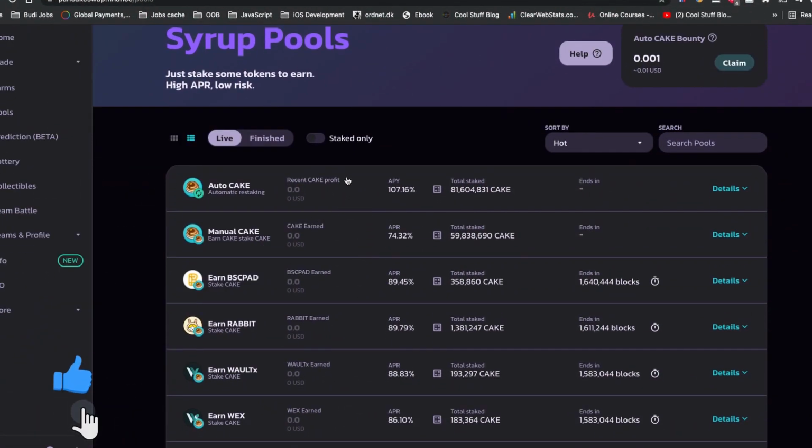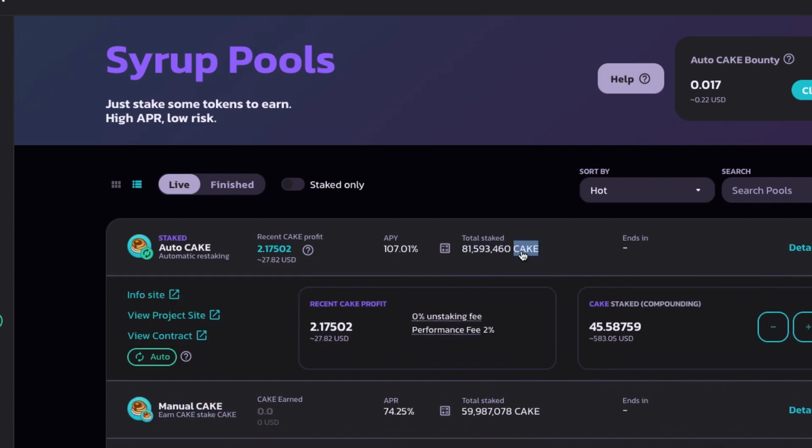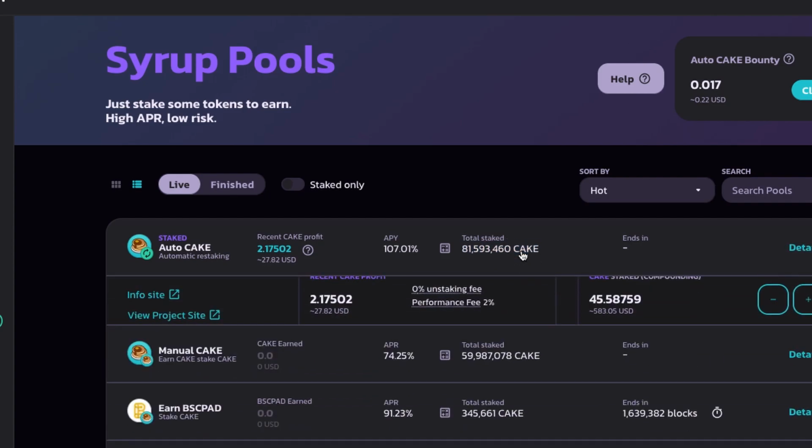The first impression of the auto cake and the manual cake is that you get 107% APY, annual percent return, in the auto cake, and you get 74% return from the manual cake. So obviously this could be the reason that there is a lot more cake staked in this auto compounding syrup pool